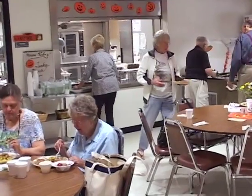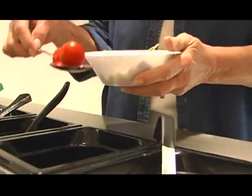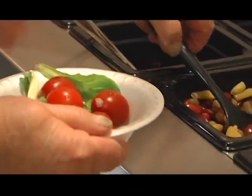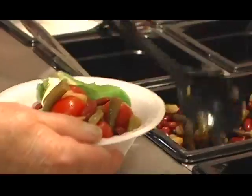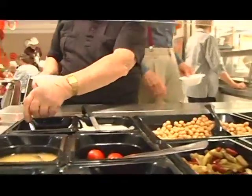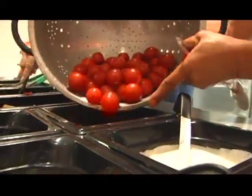One of the greatest things that we've done in the last year is put in a new salad bar for the seniors, to provide those seniors that might not necessarily want a full meal still a full salad bar that they can have a lunch from. So in order to have food in this salad bar, we have to raise funds to pay for all the salad and the tomatoes and everything in there. And at this time of the year, paying $3 a pint for tomatoes is unreasonable for the amount of grant